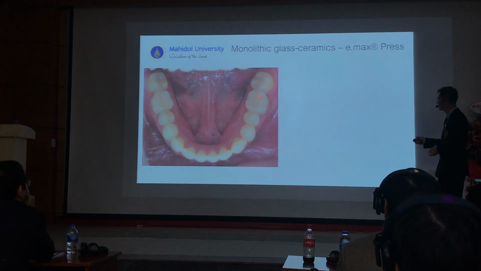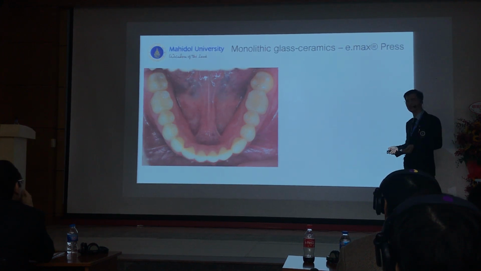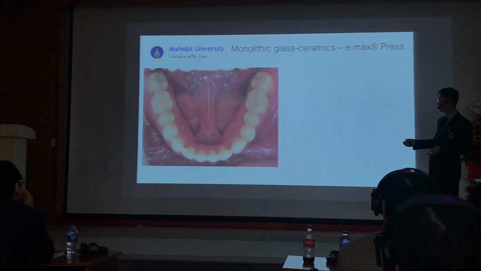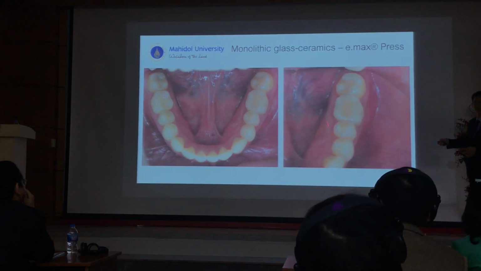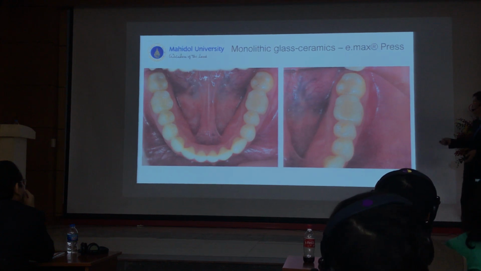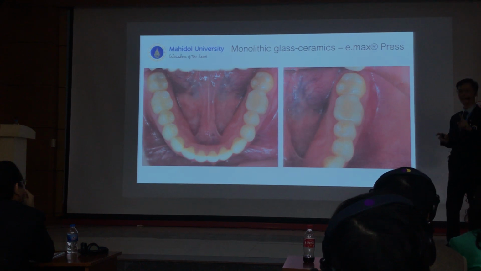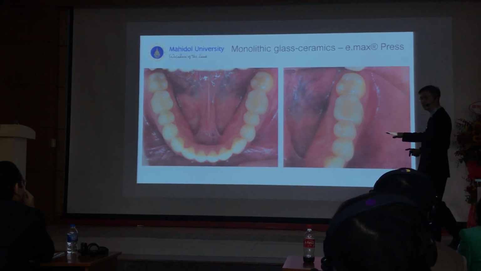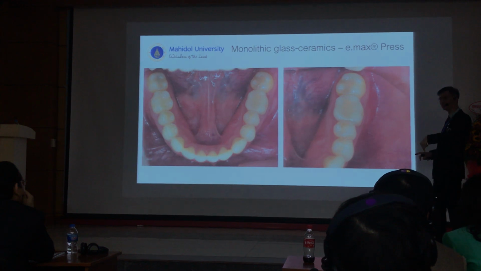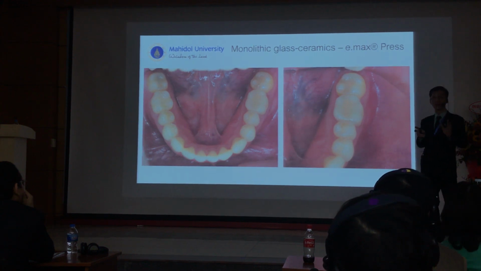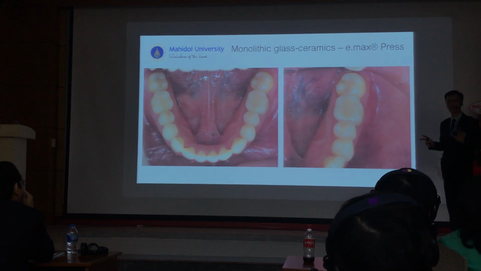But like 10 years ago, I made it for my student. And right now, she came back to the program, discount studio. That's why we have a really nice photo, because we have a good camera. We can take a photo from her. Okay, look, very nice compared to zirconia. Because it's glass, the crystal and the glass have the same refractive index. Like when you look at a swimming pool, the light passes through the air to the water and bends. But for this one, the crystal and the glass almost have an identical refractive index. So that's why this material is very translucent.